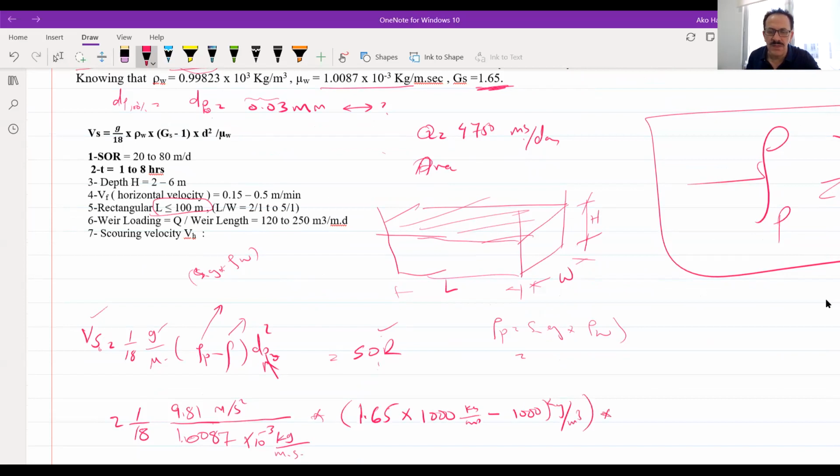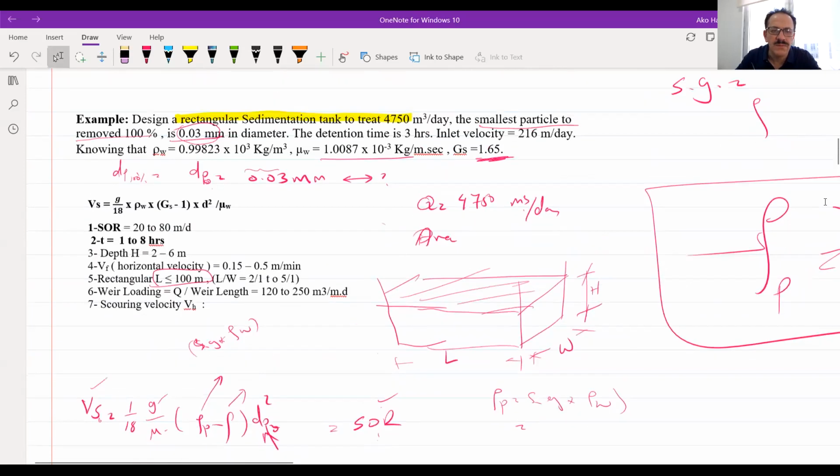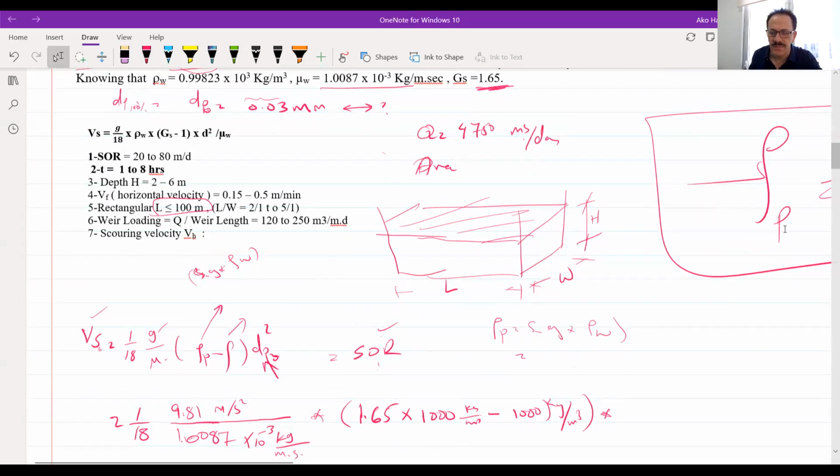So times the d. Diameter of these particles that will be settled 100% is 0.003 millimeter. So it will be 0.03. This is millimeter, and I should convert it to make it in meters. So I will multiply it by 10 to the power